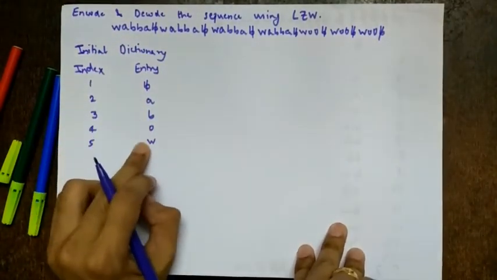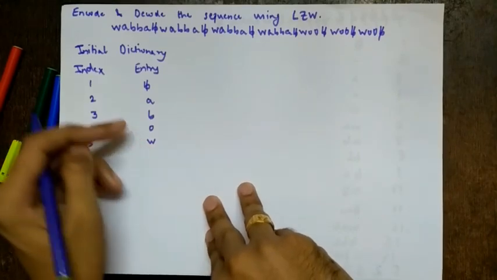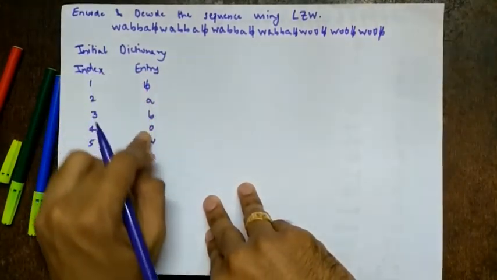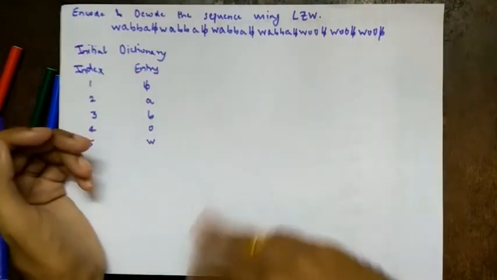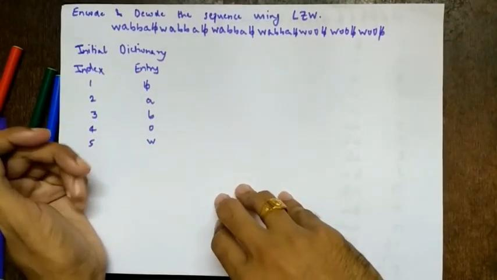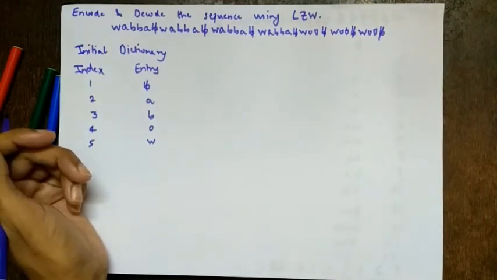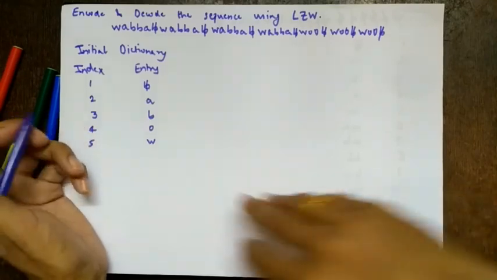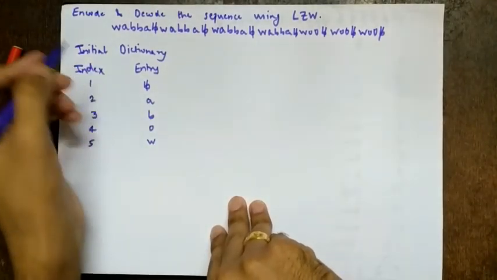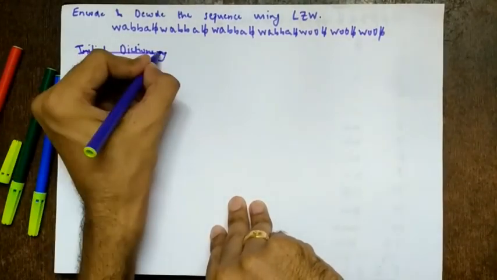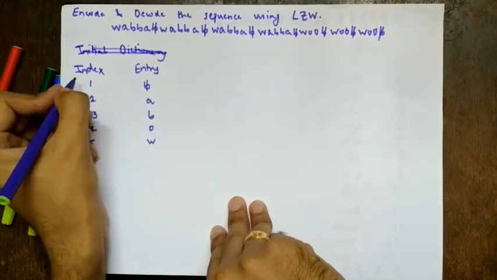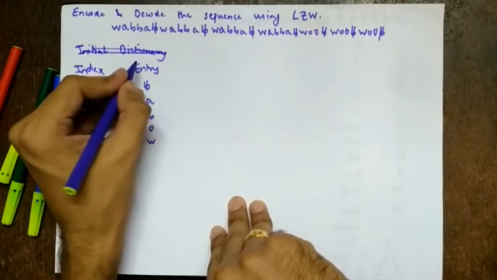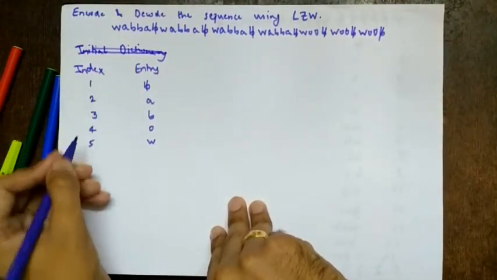I have mentioned it this way to be in line with the book. If you want, you can first take A, interchange, or take any order, but I am taking this order to reflect the book. Okay, next we start with the construction of the dictionary. As I said, this is the initial dictionary, so I'll start the construction with the same dictionary. I'll now cut this, but as I said, this is the first step. Then you write step 2, construction of the dictionary, and you again draw it. I am not doing that.